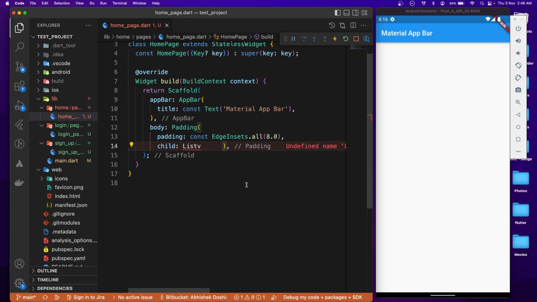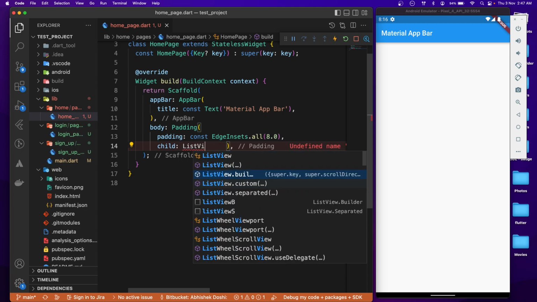There are multiple list views. We have list view, list view dot builder, list view dot separated. List view is used to create a constant list view. Then we have list view dot builder where we can create a dynamic list view. If you want to have multiple widgets which are different in size, different data, then we can use list view dot builder. List view dot separated is similar to list view dot builder, but the only difference is that it contains a particular widget in between each widget. So let's suppose that if you want to add a line between each item, then you can use list view dot separated. So here we would be using list view dot builder,